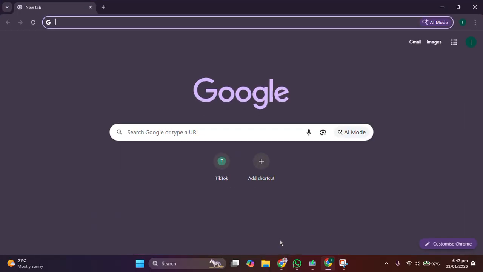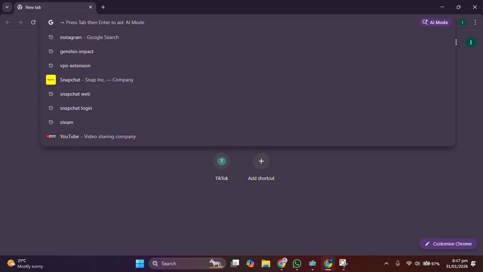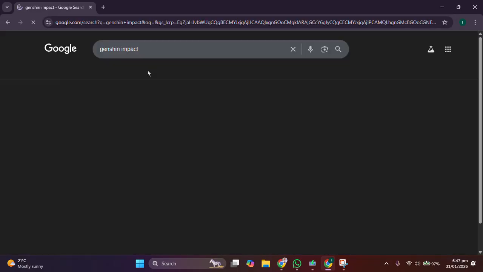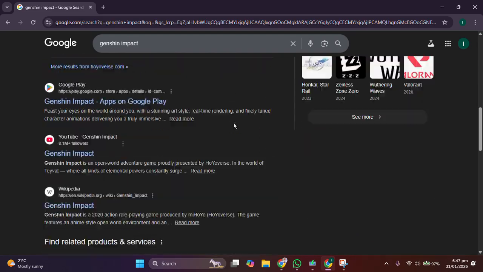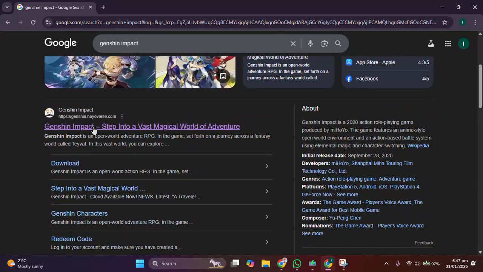You just have to simply open your browser, and in your browser you have to search for Genshin Impact. Just search with the name and you'll get multiple websites here. You just have to open the first and the official website. Just open the website here